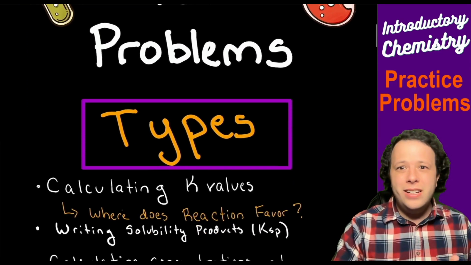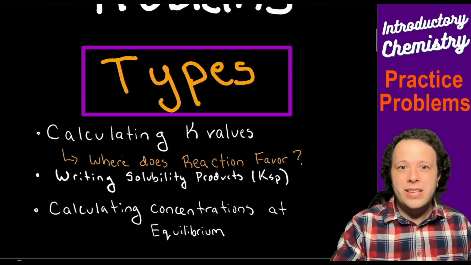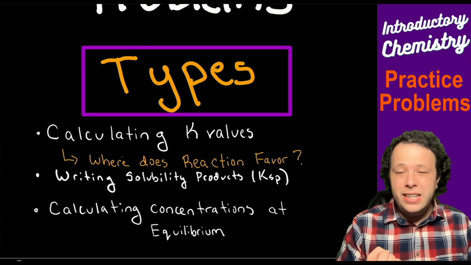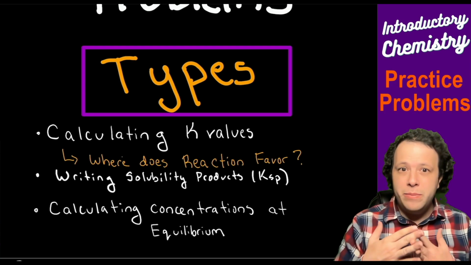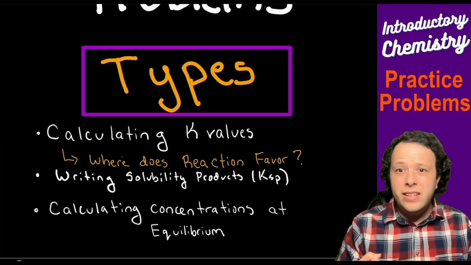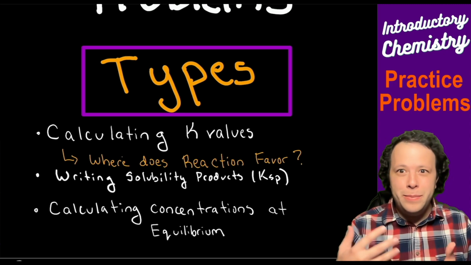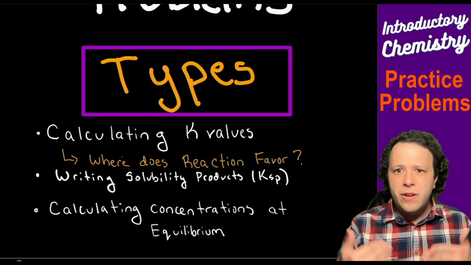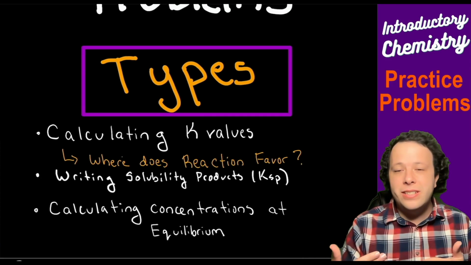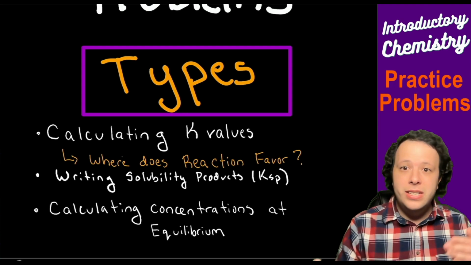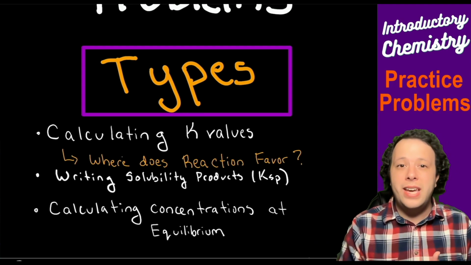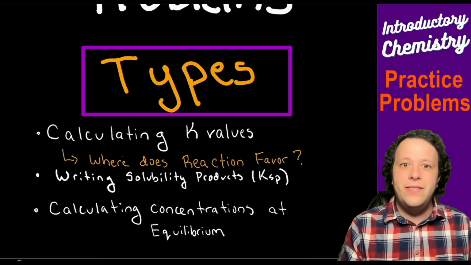There are a lot of different types of problems that you can come across in these, but the biggest ones are really going to be calculating K values, those equilibrium constants, whether it's KEQ, KC, KA, KB, KSP, right? There are all kinds of these. The other thing is looking at, based on that value, what side of the reaction does it favor? Is it reactant focused or product focused? That has to do with how big or small that K value is.